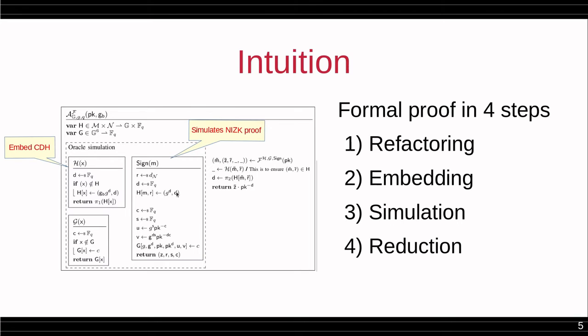In signing, we simulate the non-interactive zero-knowledge proof, and then in the reduction itself we extract the solution from the random oracle. And then we prove that the probability that this reduction solves its CDH instance is in fact closely related to the probability that the forger F finds a valid forgery. We do this in 4 steps, which are actually common between the two proofs we formalize, and which we believe form a proof schema that will apply more broadly to a number of signature schemes.